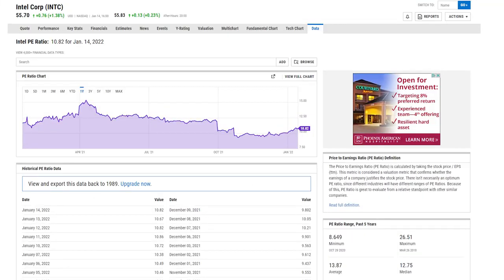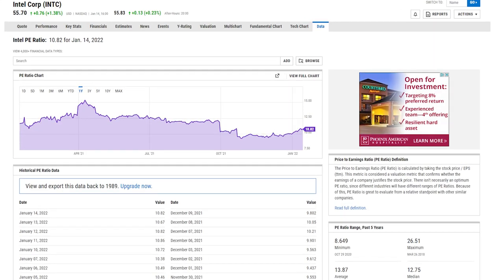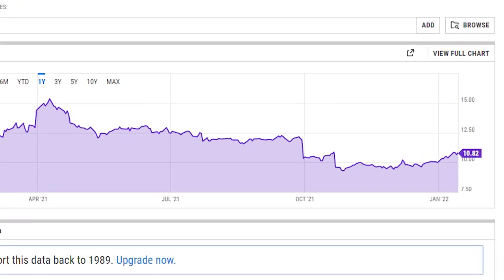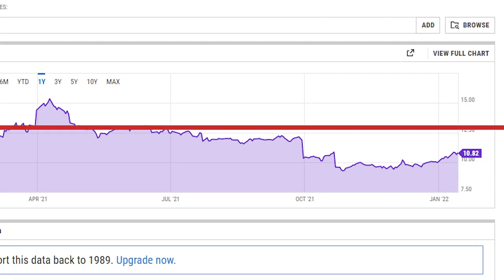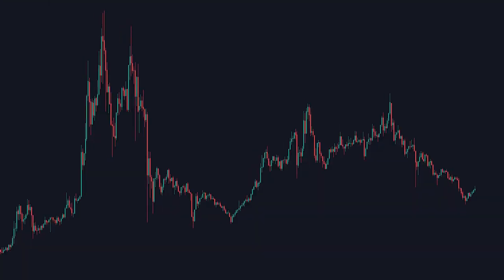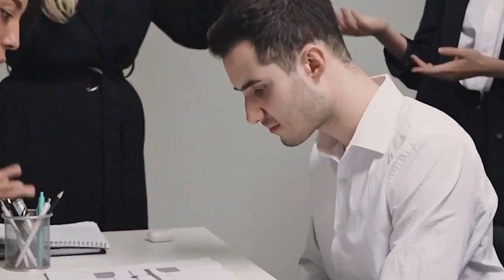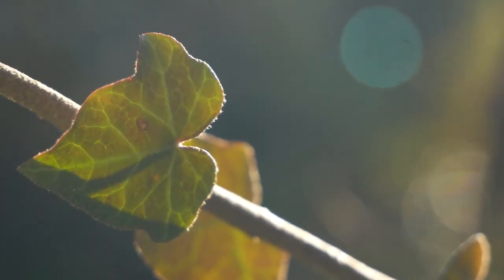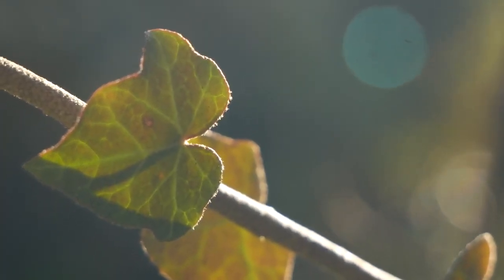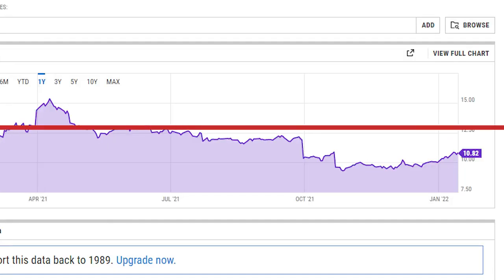Here, Intel's PE ratio is below the average, which may indicate a good time to buy because of mean reversion, meaning the PE ratio is expected to head back to its average. A lot of investors believe that short-term volatility to the PE ratio, whether that's a bad press release or something bad happening in the short term, will merely be a leaf in the wind and not have a huge effect in the grand scheme of things,